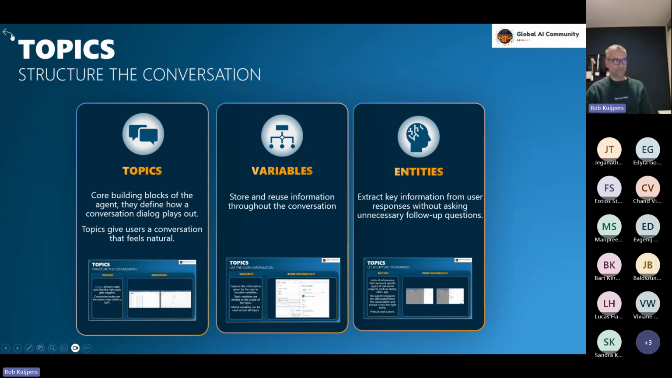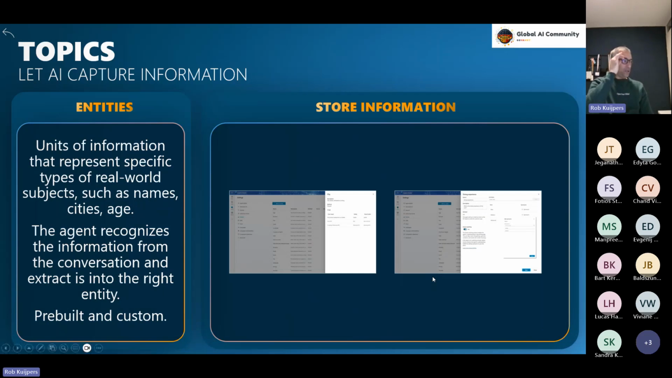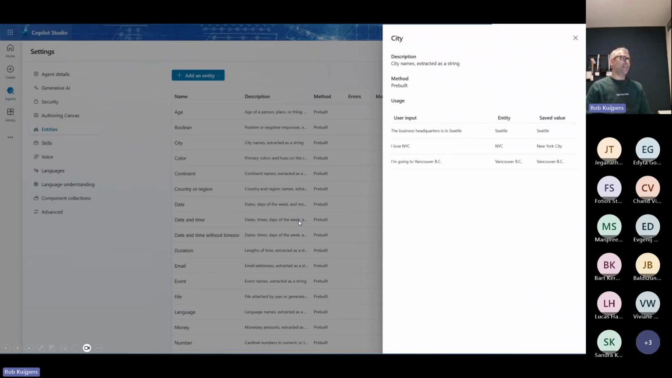But then we have something new. Then we got the entities. And what the entities are, they're like units of information, like it still has name and age and whatever. But the beauty of the entities is that the agent itself can recognize the type of information given. Instead of the variable, where you have to ask the question specifically in the topic, what is your age? The user responds, and he puts the response in the variable. What happens now with the entities is that, okay, basically what we have is an entity, like in this case,